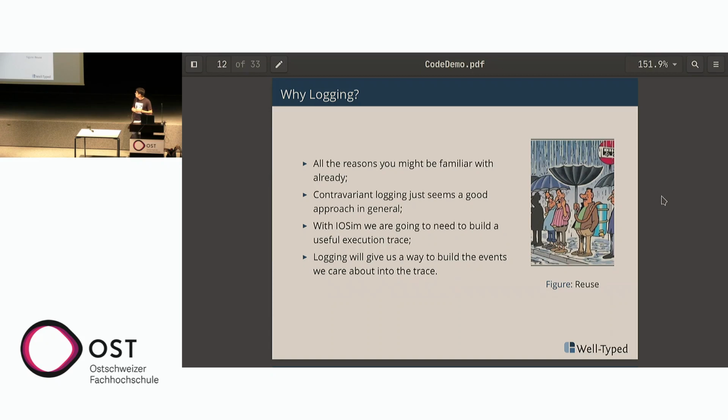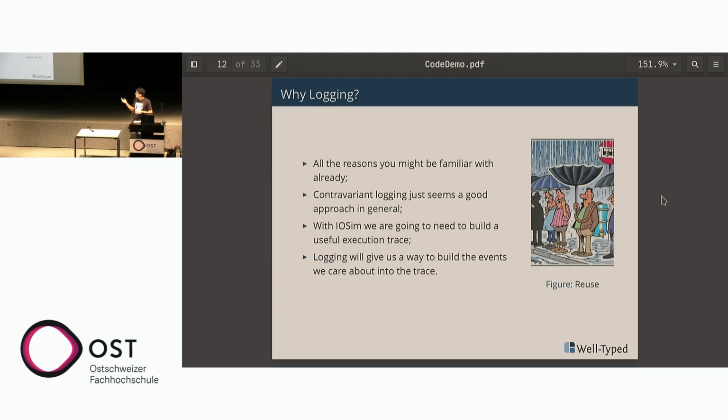So contravariant logging is simple enough that you can just build as you need to, specialize your logging frameworks more,